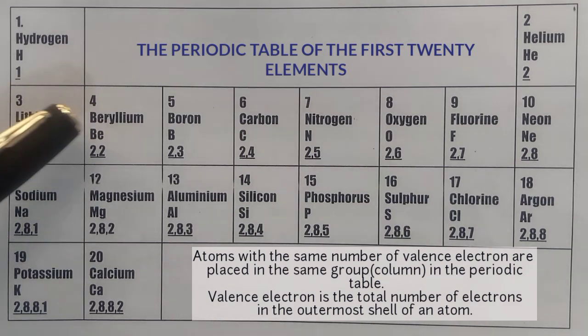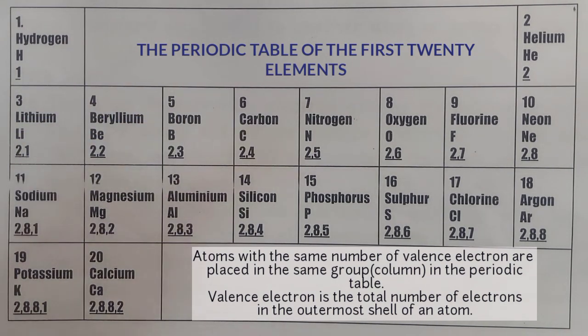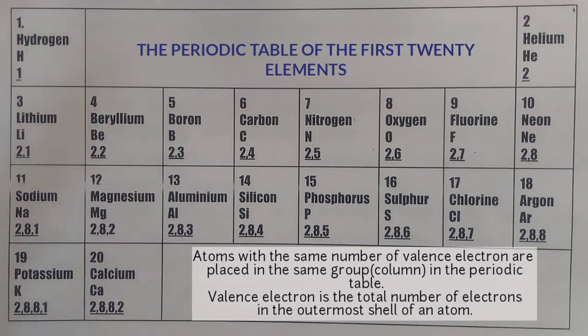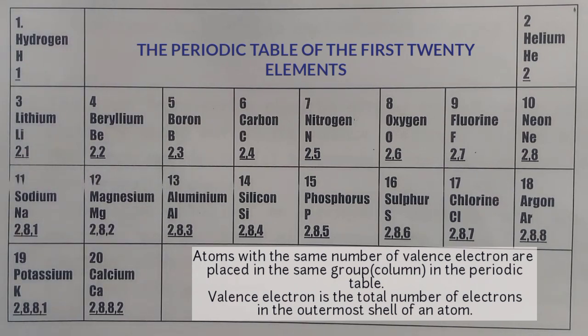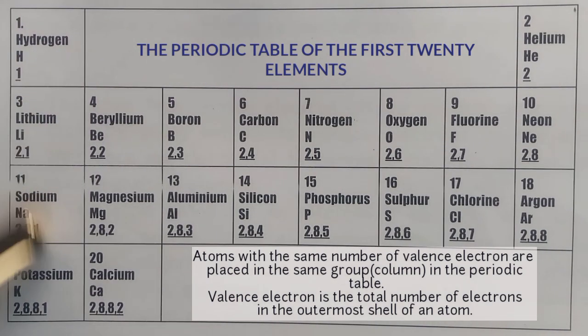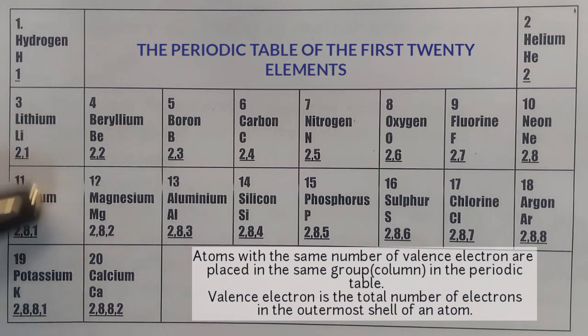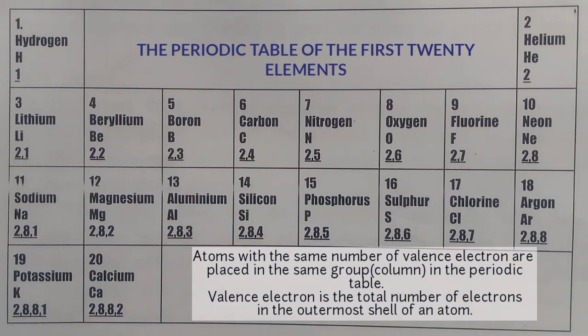Let's pick out lithium, beryllium, and boron. We are going to look at this like this. Lithium has 1, beryllium has 2, boron has 3. Now, according to observation, these values here, we call them valence electron, and actually call them valence electron number. So this number you are seeing here, 1, 2, 3, 4, is the valence electron number of each of the